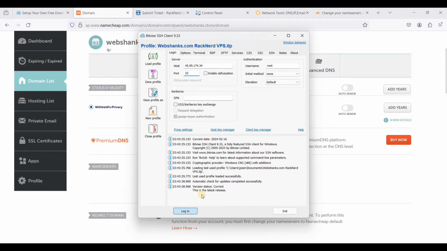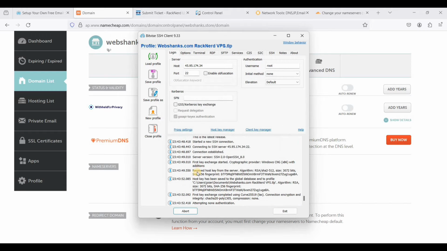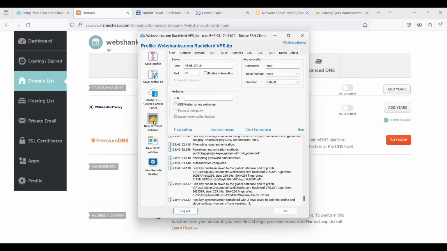Just click login, click accept and save, and just paste your password here. By the way, your root password will be emailed to you once you have set up your VPS. Just click continue here. Just click new terminal console,